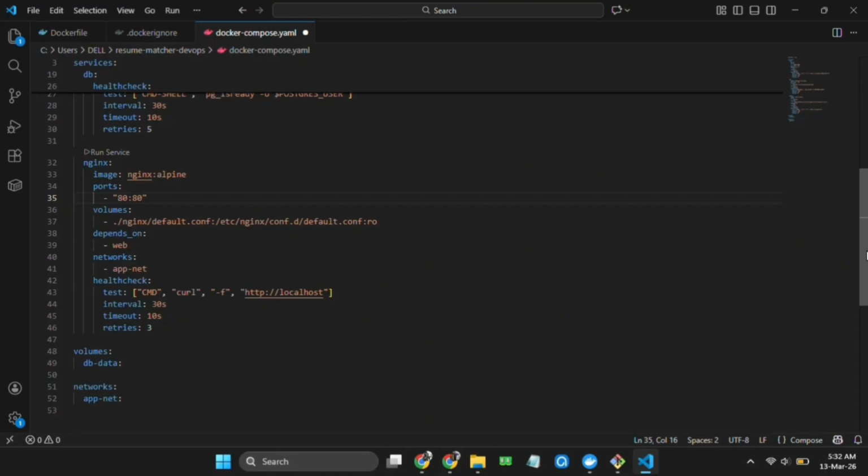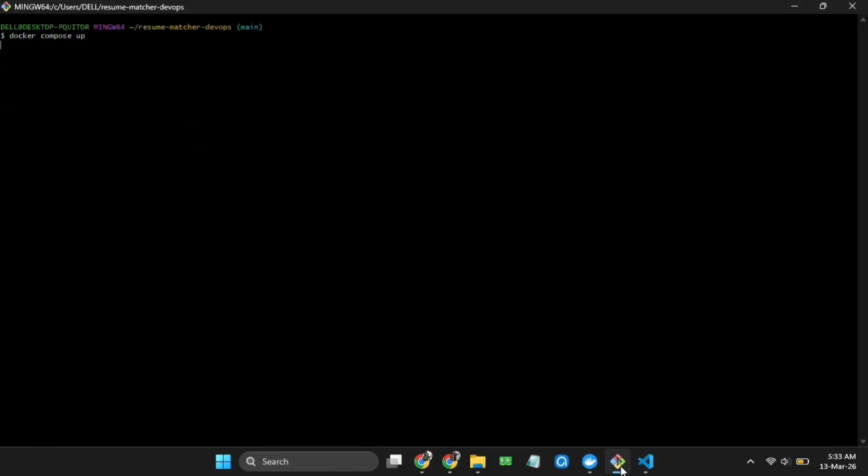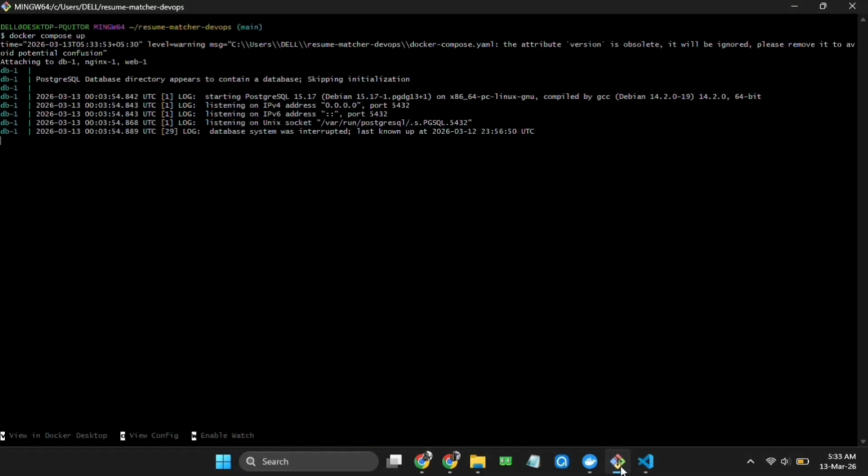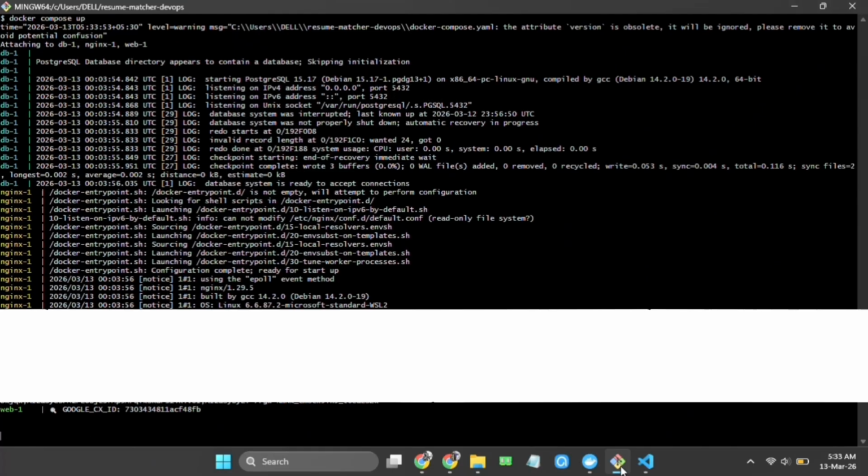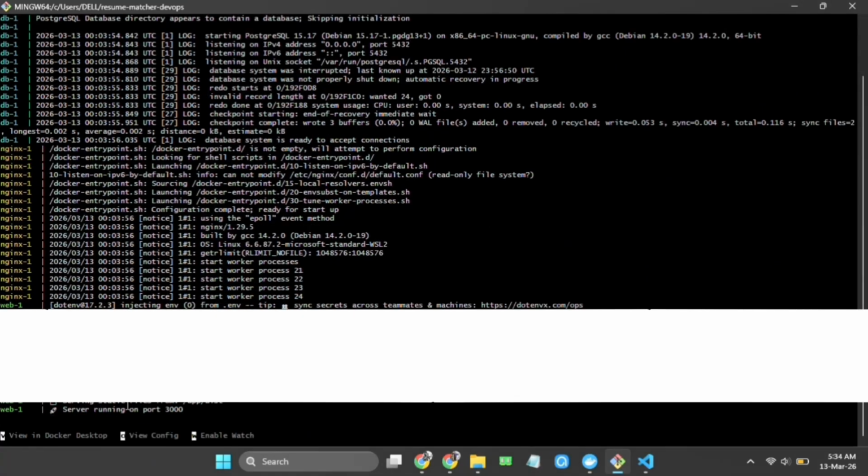Now let's run this application to see if it is even working or not. First, you must know that after you create a Docker Compose file with Dockerfile and Dockerignore, the first command you should run is docker compose up --build. So that would build and then run. I've already built and run my container before, so I'll just do docker compose up to see how it works. I switched into my directory. Now you can see DB, Nginx, web. Those are the three service stacks or containers that are running and that communicate with each other with the AppNet network bridge.